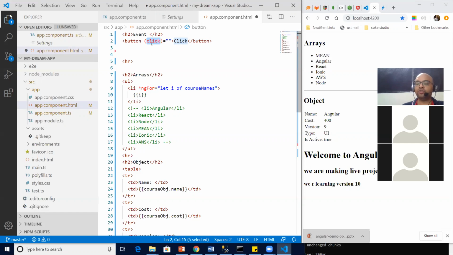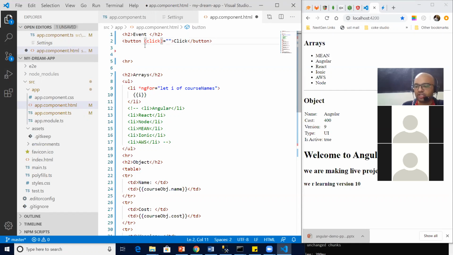So that is what I was trying to tell you. All structural directives should start with an asterisk. So it will be like this: asterisk ngIf, asterisk ngFor, asterisk ngSwitchCase.